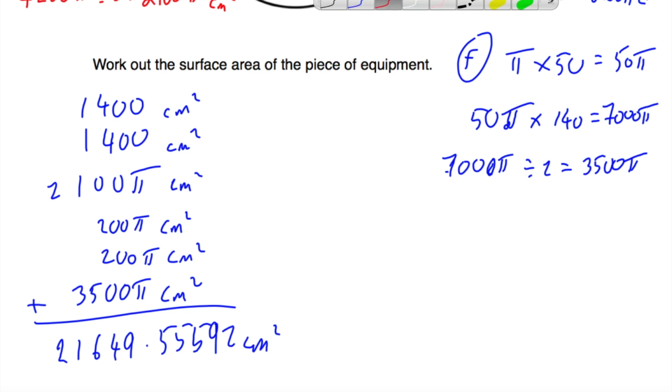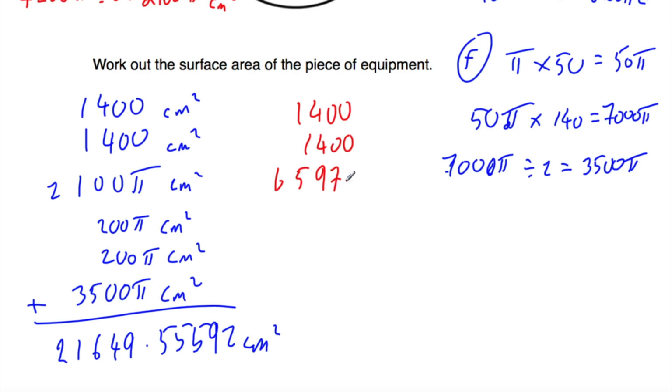Now I did say that if you worked in terms of decimal numbers, I would do the addition again. So you would have had 1,400, 1,400. Here you would have had 6,597.344 and so on centimeters squared for the area of C, that curved face in the middle of the piece of equipment. Then you would have had